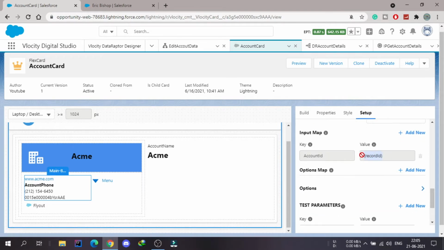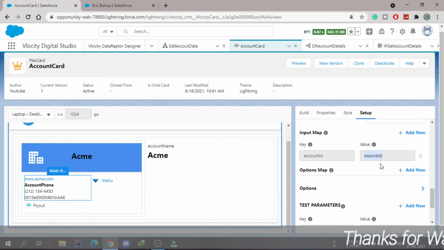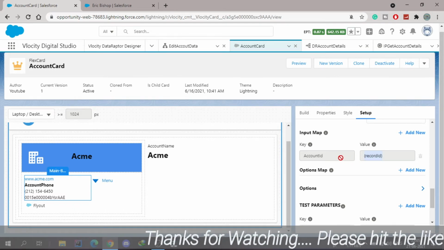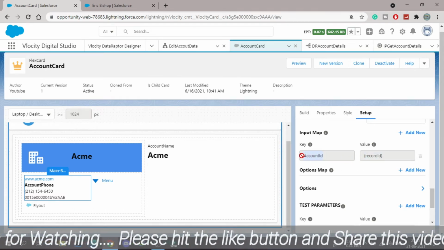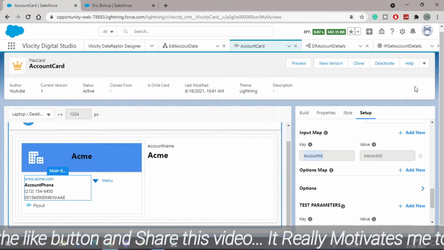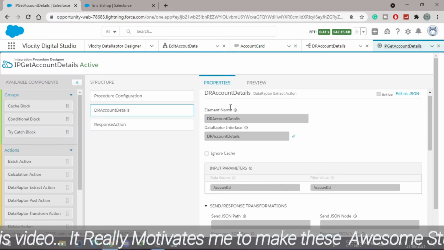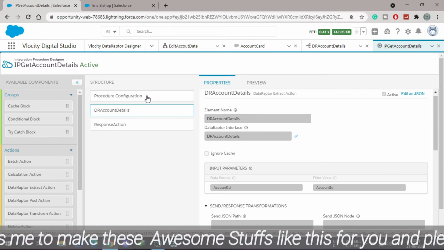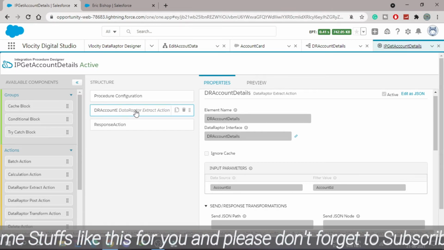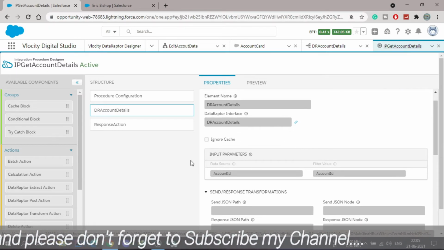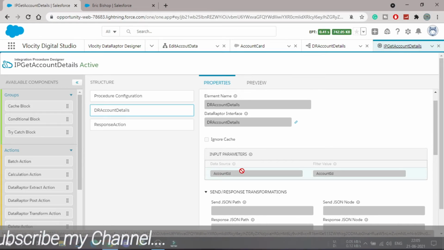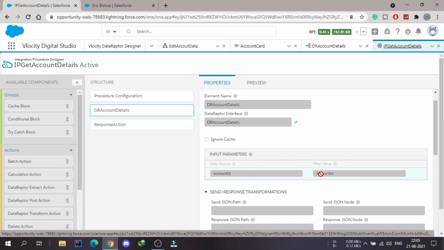The record ID is basically the URL ID, and we are passing this as a key of account ID to the integration procedure, and inside the integration procedure we are calling a data raptor which has an input of the account ID. So this account ID is basically the record ID, and this data source account ID is basically the key.